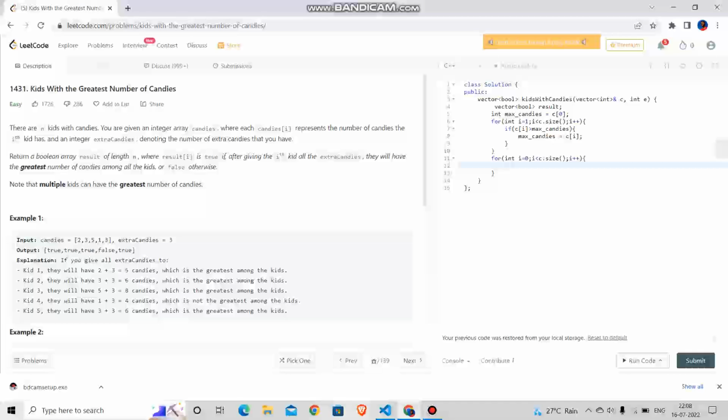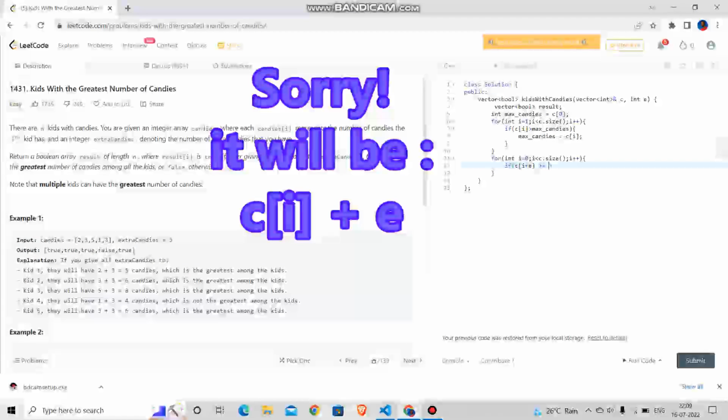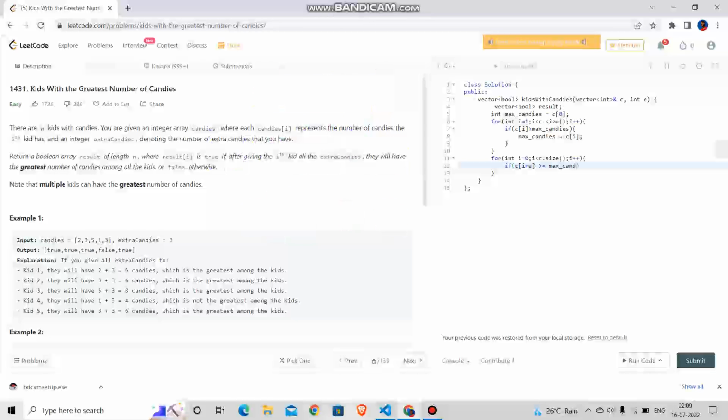Now in this loop we will write if, now we need to check the condition: c of i plus e, where e is the integer that is given to us that denotes the extra candies. So if c of i plus e is greater than or equal to max candies,